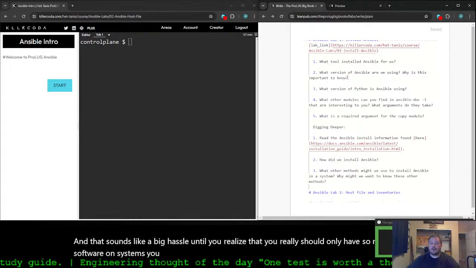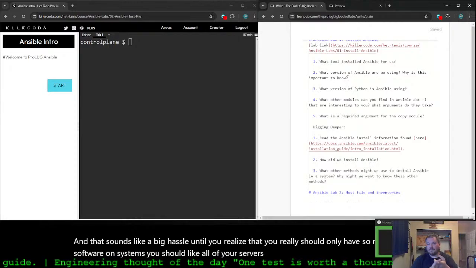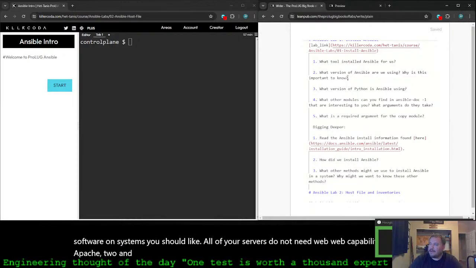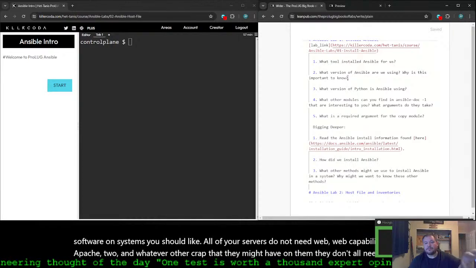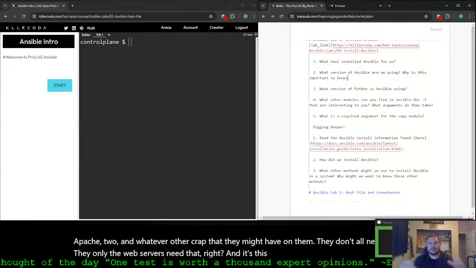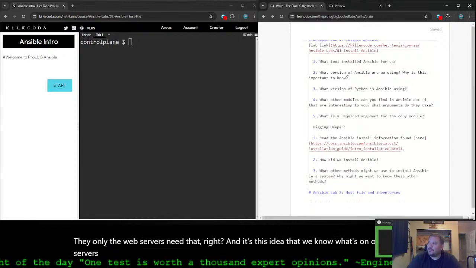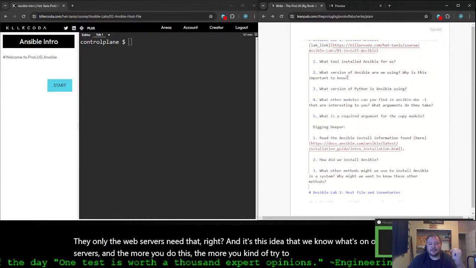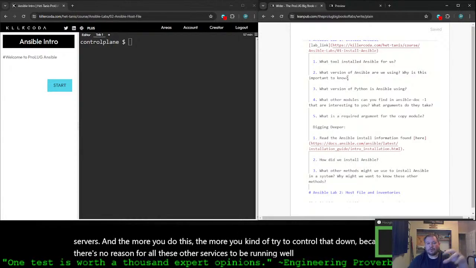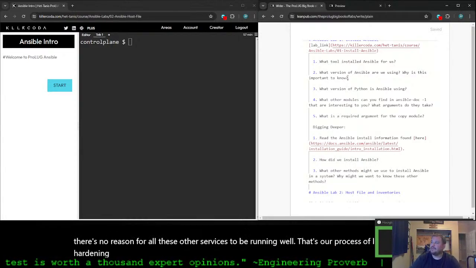All of your servers do not need web capabilities and Apache 2 and whatever other stuff they might have on them. Only the web servers need that, right? It's this idea that we know what's on our servers, and the more you do this, the more you try to control that down, because there's no reason for all these other services to be running. That's our process of hardening and turning boxes into a golden image.